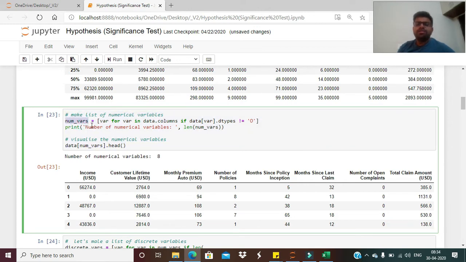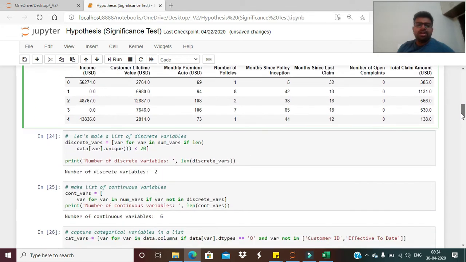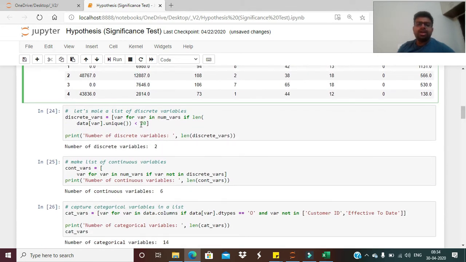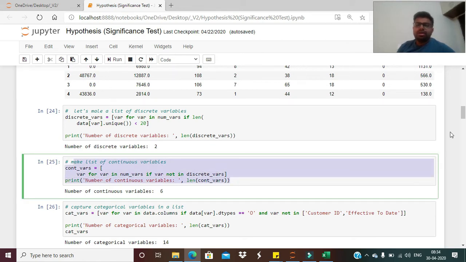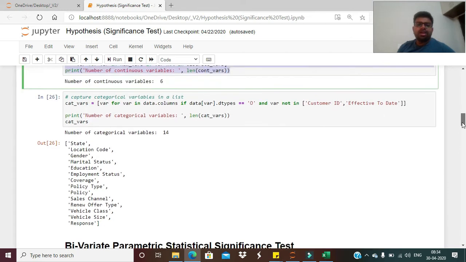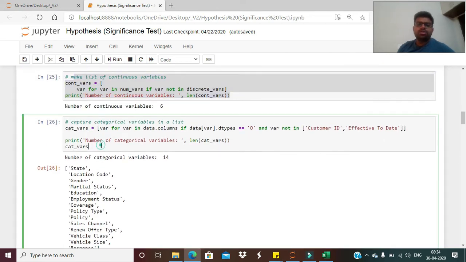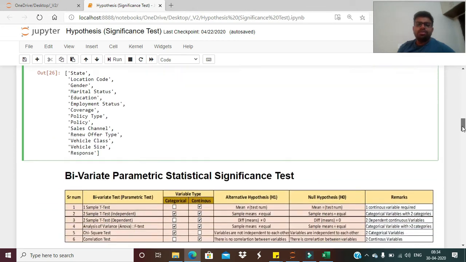In a similar way, we can have the discrete variables and the continuous variables also, and this is the way that we can get all the categorical variables inside the data. You can see we have 6 continuous variables and 14 categorical variables.